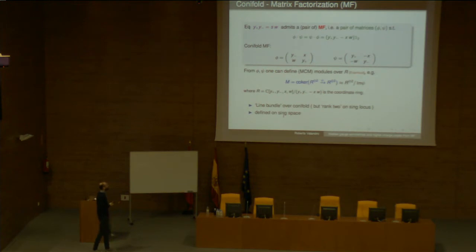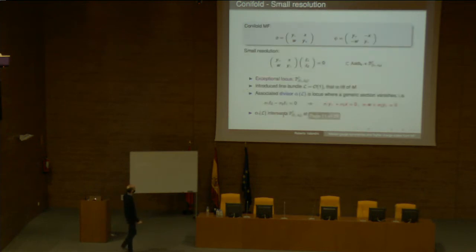Anyway, we see here something of rank 1 almost everywhere in the manifold, so it sounds like a line bundle defined away from the conical singularity. And it's something that we can define already in the singular space. We don't need to make a resolution of the space. But just to get confidence of what we are used to,